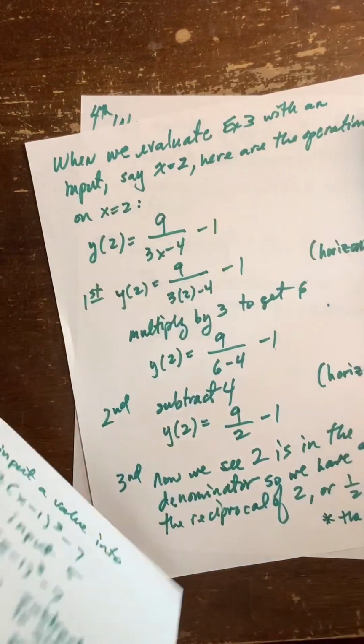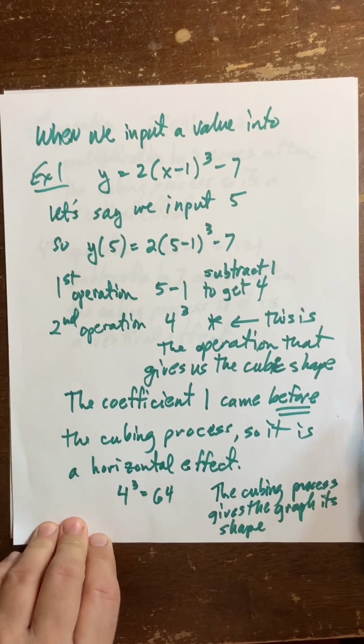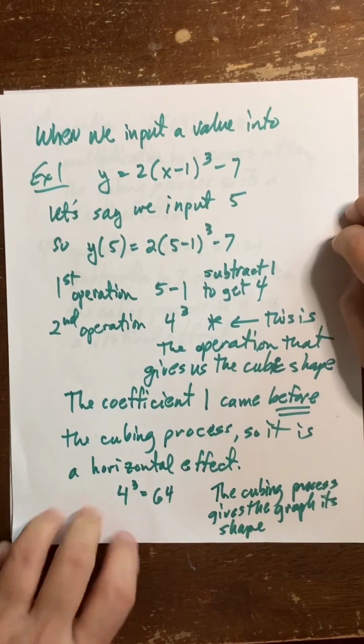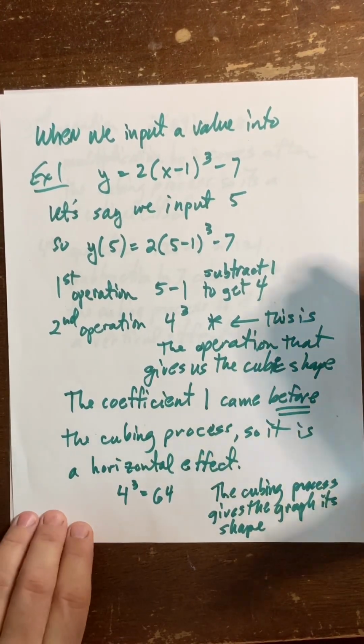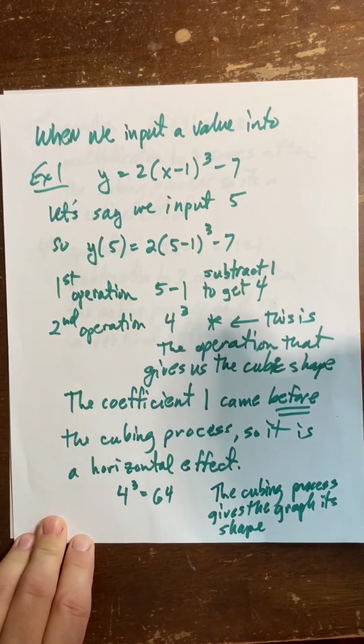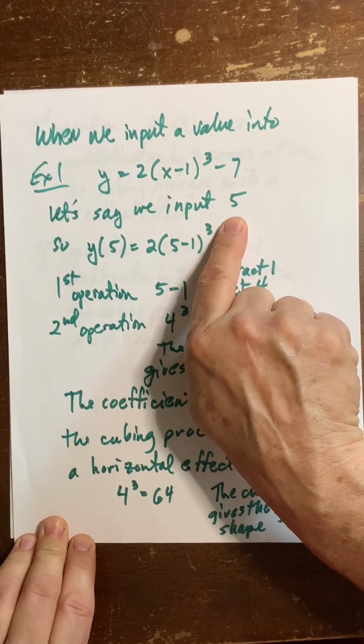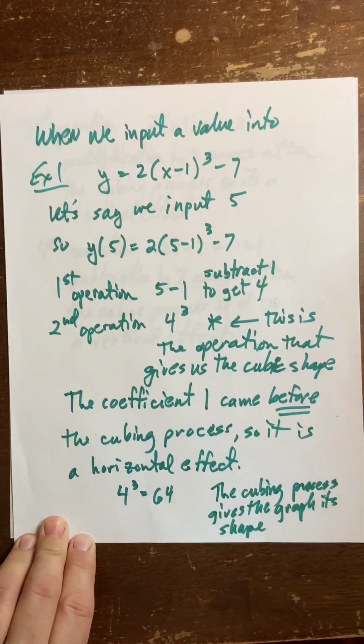So let's say we look at, for example, example 1, and let me make sure this, yeah. So if you're still unsure and you're like, I still can't really tell what's inside and what's outside the function, go ahead and put an input into the x or the input variable. So in this case, let's say I put 5 in for x,